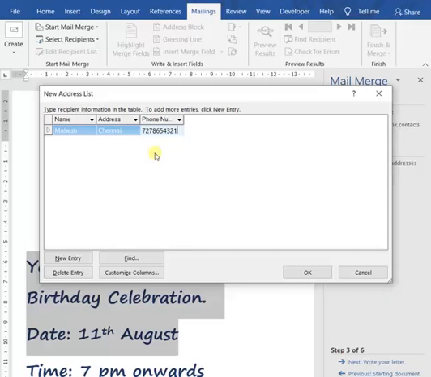Now to create another contact or another entry, we'll click on this button, new entry. See here, new entry. Again we'll write the contact name of the second person. Suppose it is Raju.